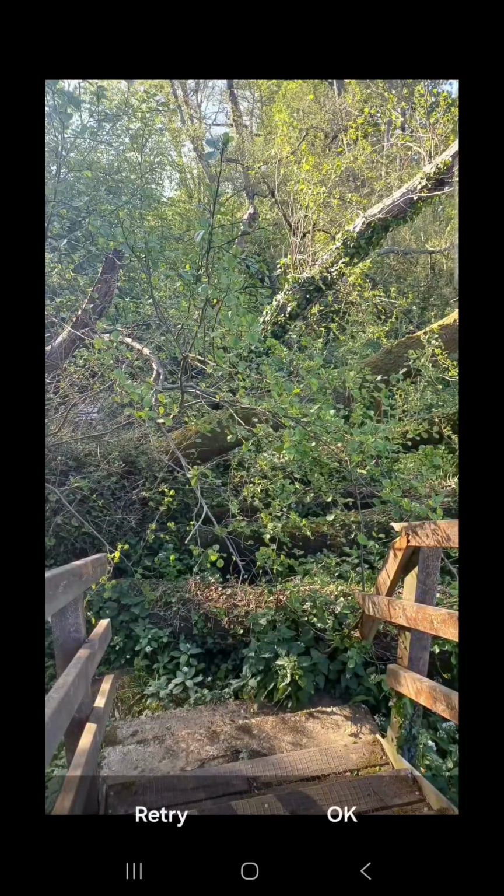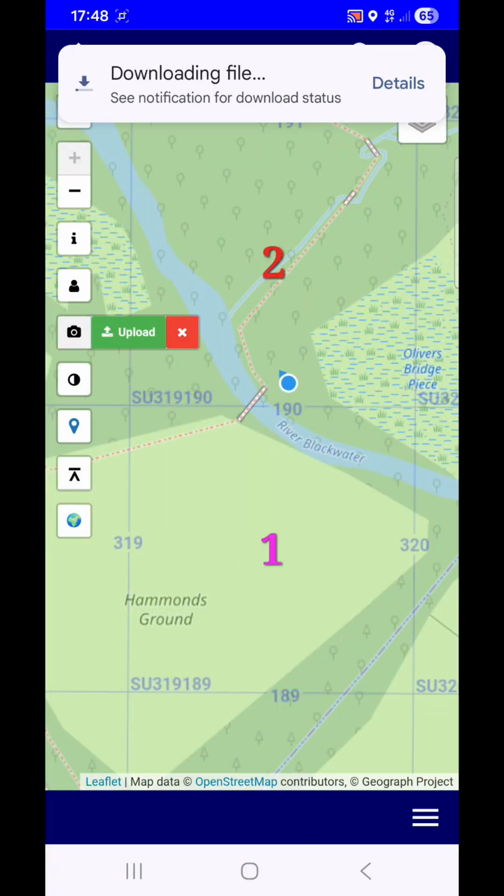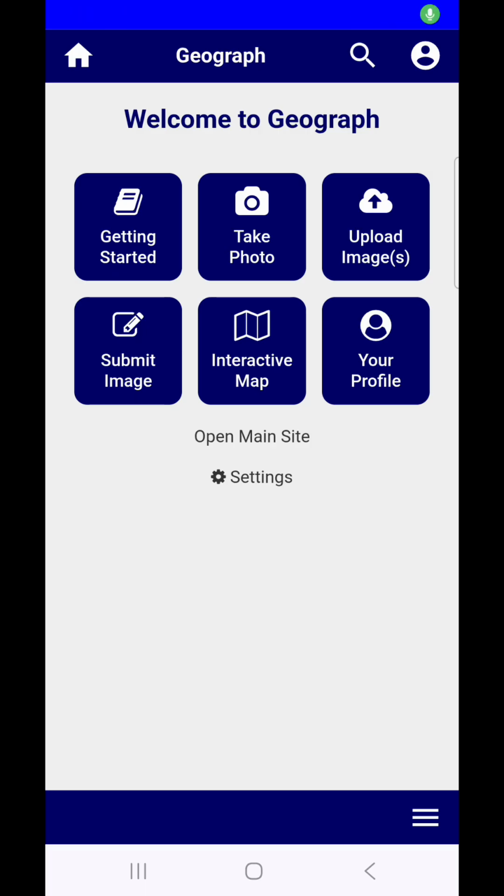We'll have that one. Maybe use that later. We could even proceed to upload. There's lots of additional functionality in here which I'm not showing, but you get the idea. So here we are back from our walk, and we're going to upload and submit one of those photos that